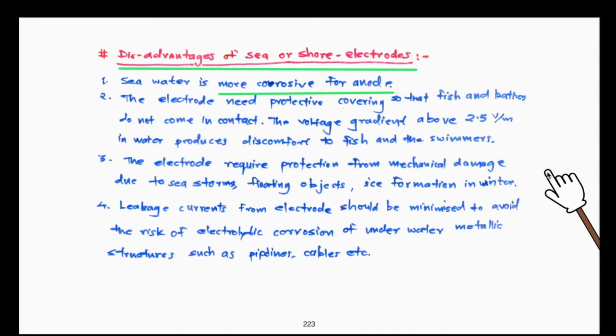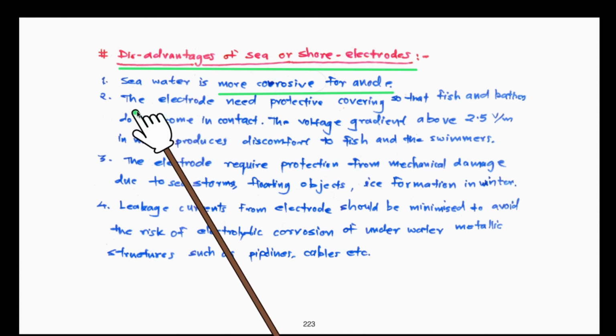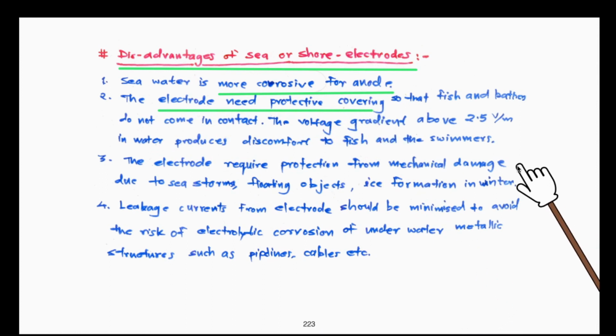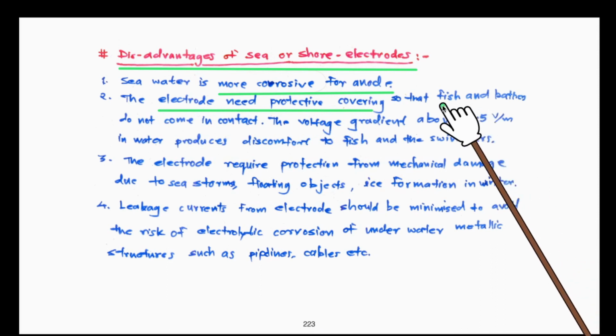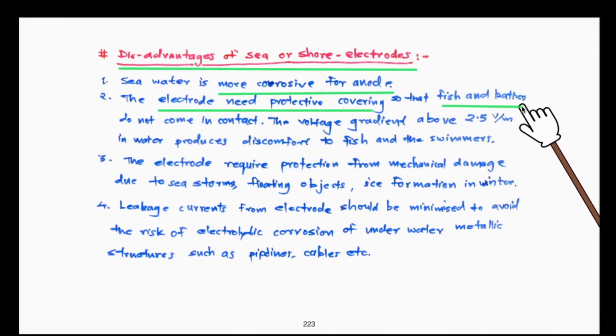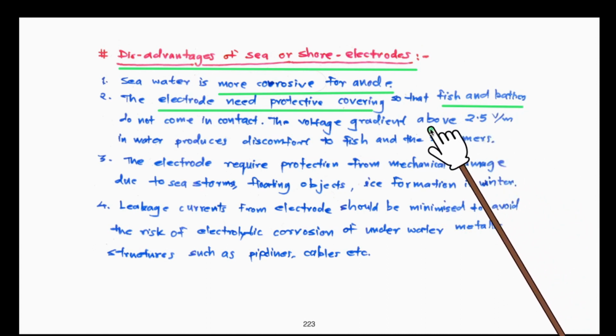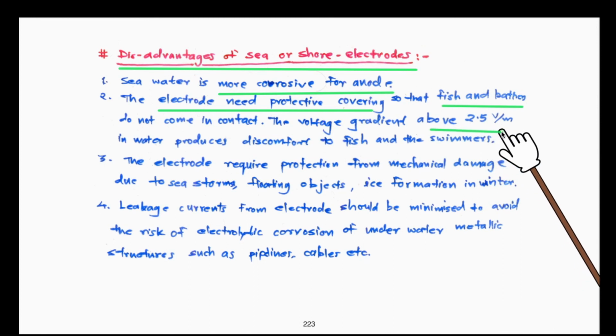Secondly, we have seen from the construction details that the electrode requires protective covering, so that adds to the cost. And mainly, we want to see that fish and other human beings do not come in contact with the electrode. A voltage gradient of 2.5 volts per meter in the water produces discomfort to fish and swimmers.